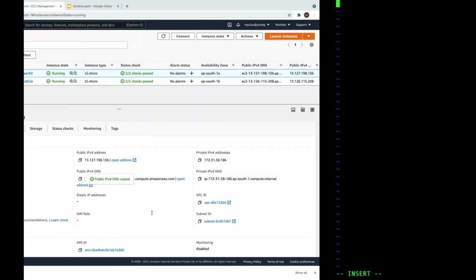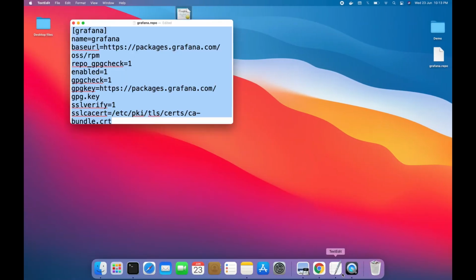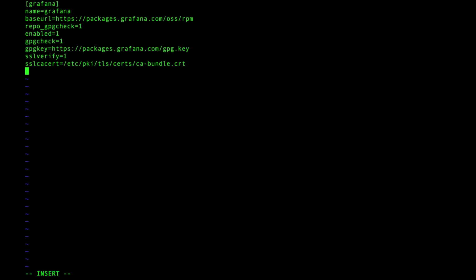I already have all the lines written in one of my files, so I'm just copying from my machine and pasting it here. You can see the block name is grafana and the name is Grafana. It will download the package from the Grafana package URL, and this is going to install the open source version, and then it will download the GPG key for validation, to check that the file is not tampered with by anyone in the middle. I will save this file, save and exit.